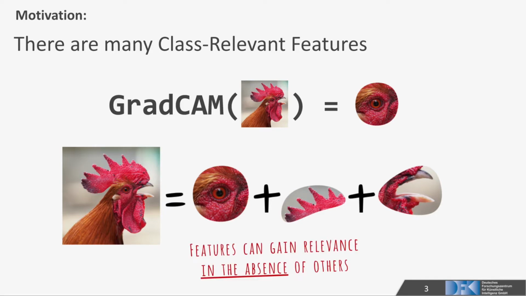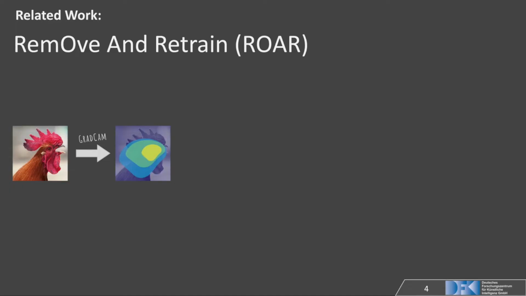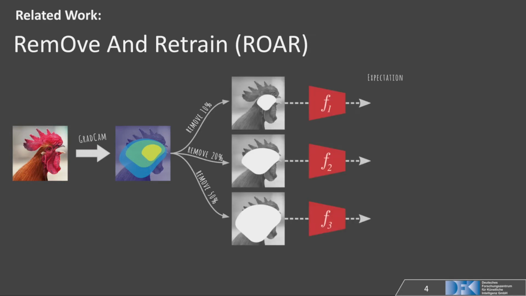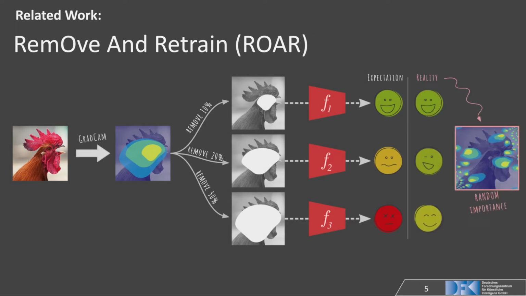others. Remove and Retrain, or ROR for short, is a benchmark from 2019 that evaluates feature importance methods by tracking the degradation of a model's accuracy when the input area is being progressively occluded. Surprisingly, instead of a steep and gradual decline in accuracy, this method found that there is almost no deterioration, even after large portions of the input space have been removed, similarly to what happens when removing random parts of an image. We identified two limitations of this approach.